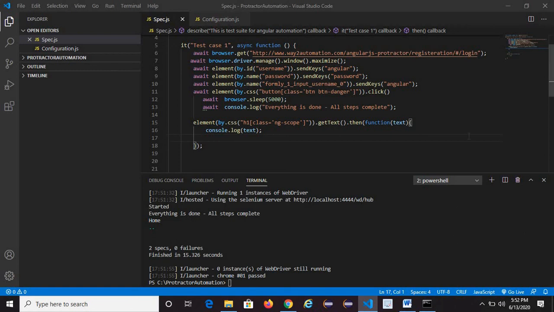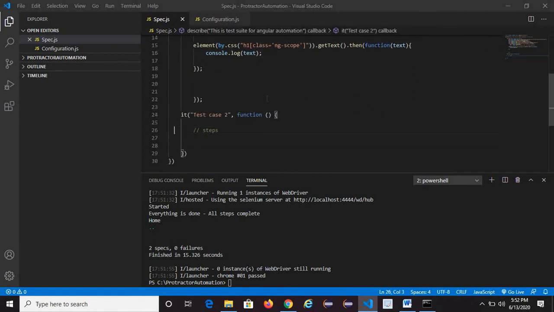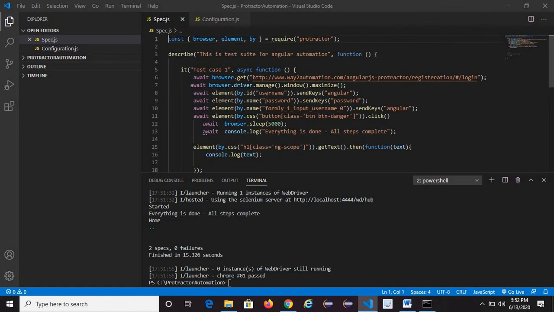Okay, so similarly you can use it for further steps as well while getting something from the website. Okay, so in the next video we will continue and we will see some Jasmine methods to validate something from the application. Okay,